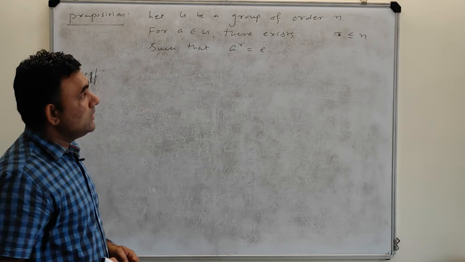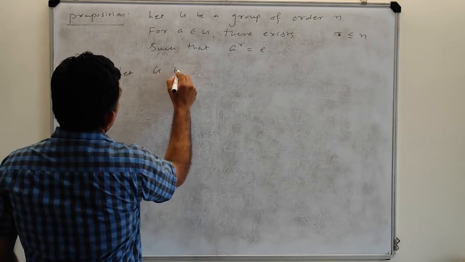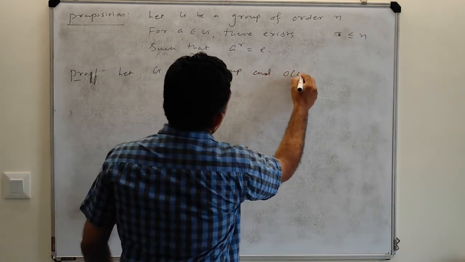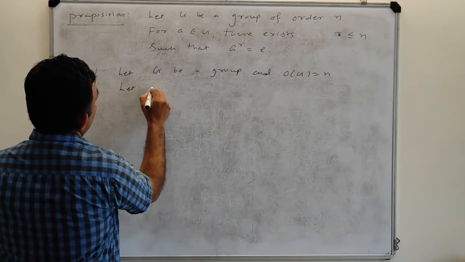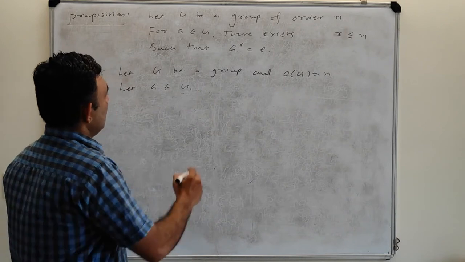Proof. Let G be a group and the order of G is equal to n. Let a belong to G. You consider one element in G. Now you consider